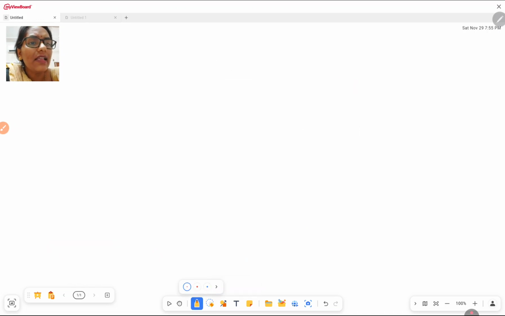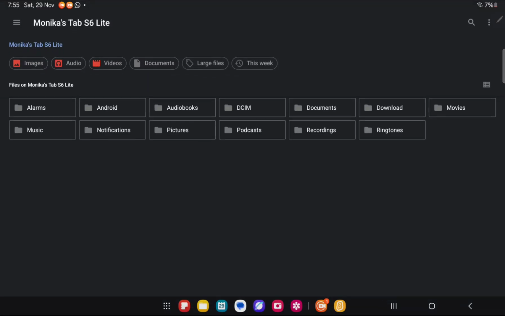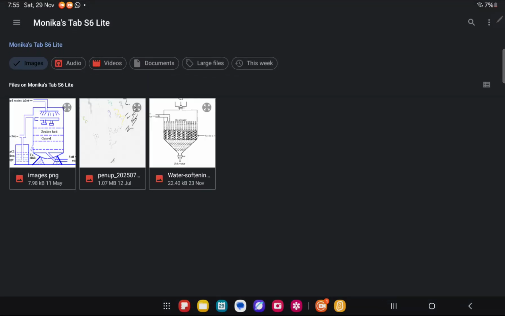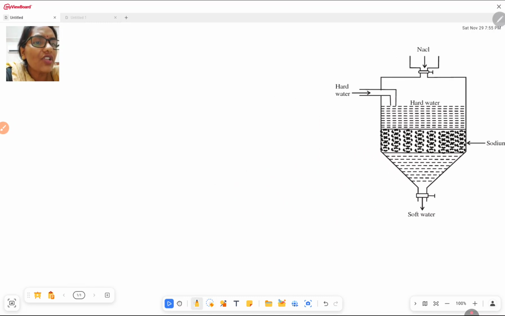So what happens in this structure? We are seeing there is one more thing attached, which is a brine solution. See here, brine solution is also here. This is the brine solution. Once after some time zeolites get exhausted, if all the sodium zeolites are converted into calcium zeolites, then it ceases to soften the water. ये रोक देता है पानी को, फिर soft में change नहीं करता.